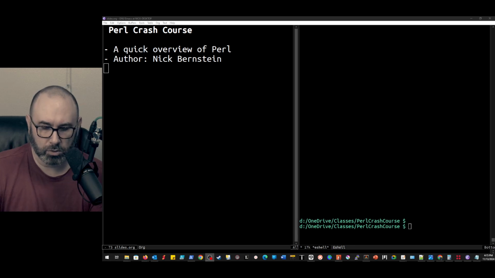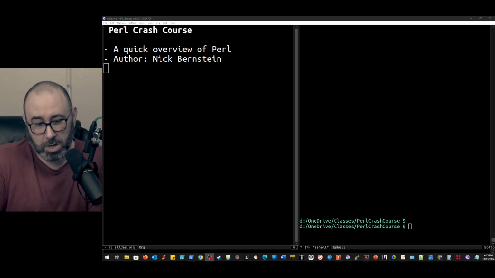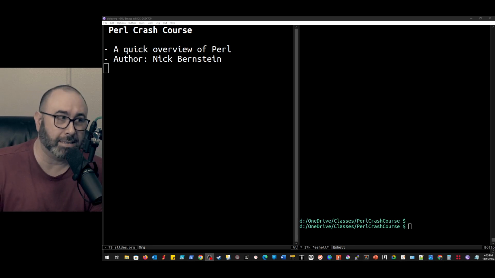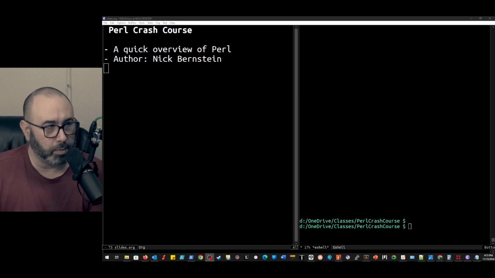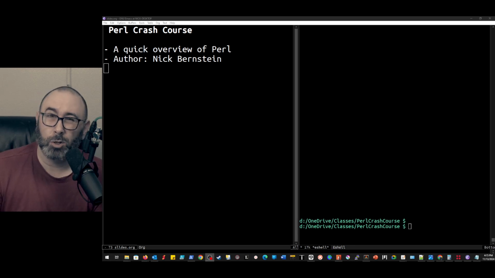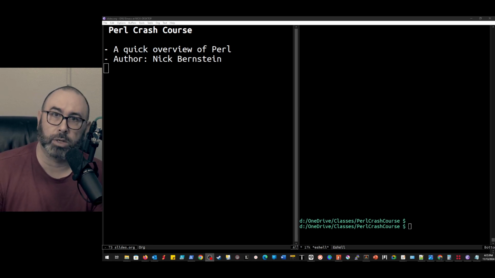If you are somebody who is relatively recent in your career, I mean, I don't even know how recent, maybe within the last 10 years or so, you probably are under the impression that PERL is a terrible, unreadable programming language. It should not be used. It is flawed. It has all these various different kind of faults. And you probably also have never used it, which is weird given that PERL was a dominant programming language.